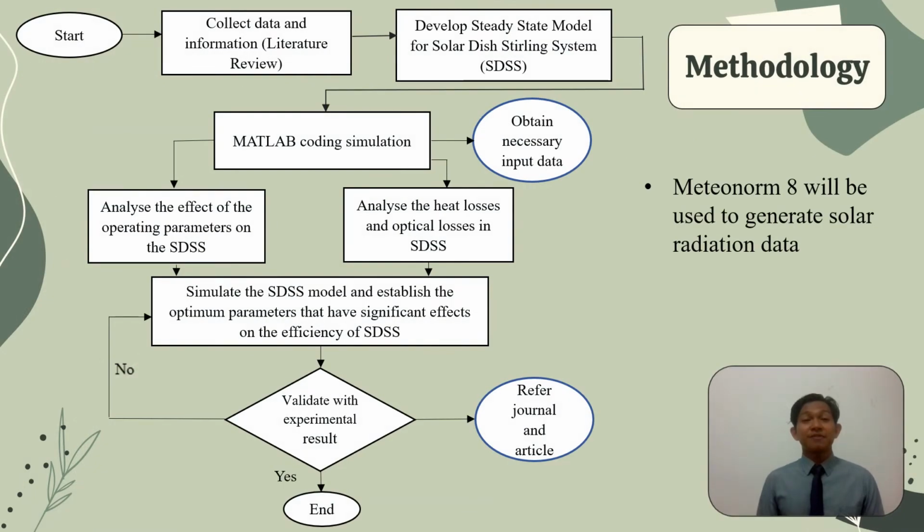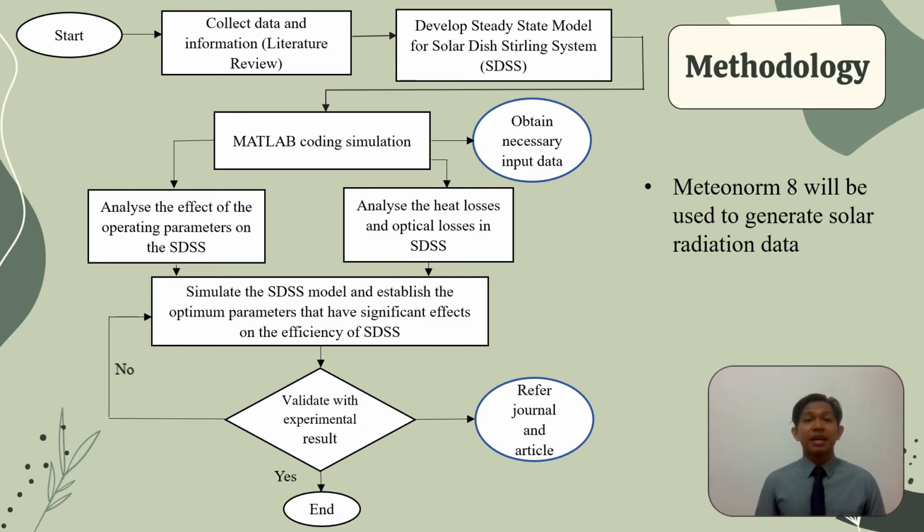For methodology, this flowchart represents my research plan for this project. First, I will start with data and information collection through literature review. Then, I will develop the steady-state model for solar distilling system. The steady-state model includes the energy balance equation, such as equation to calculate the concentrated energy, useful energy, and heat